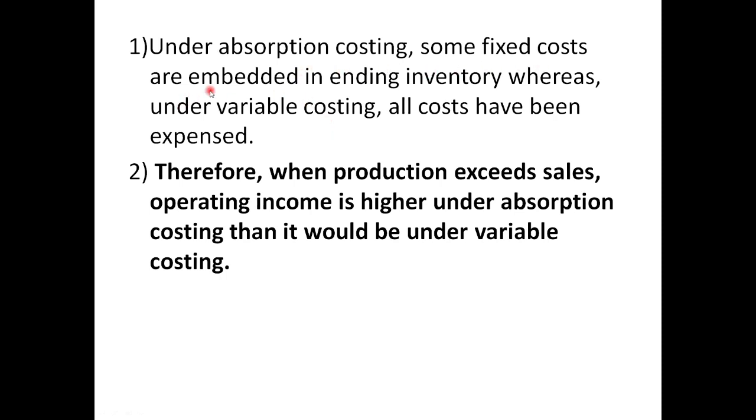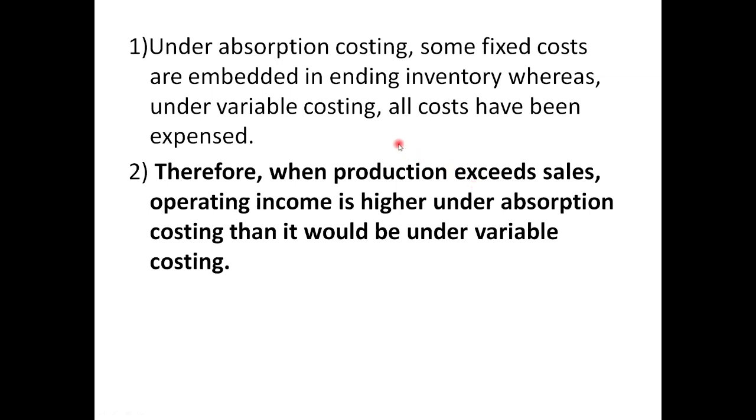Under absorption costing, some fixed costs are embedded in ending inventory, while under variable costing, all costs have been expensed. Therefore, when production exceeds sales, that means there is an ending inventory, and operating income is higher under absorption costing than it would be under variable costing. Why? Because